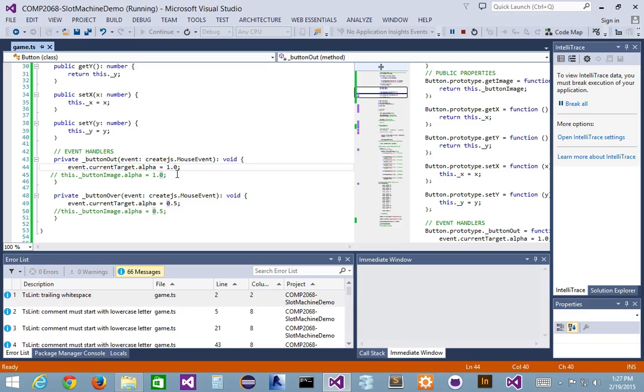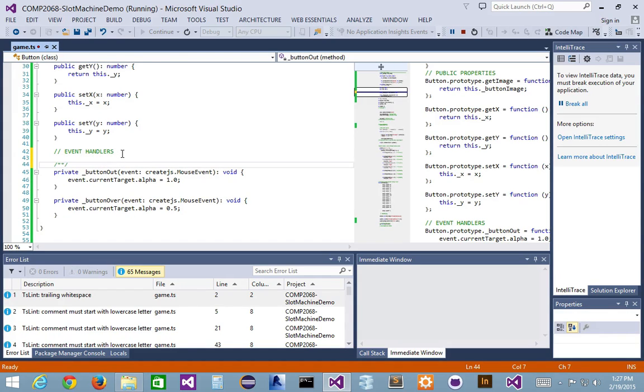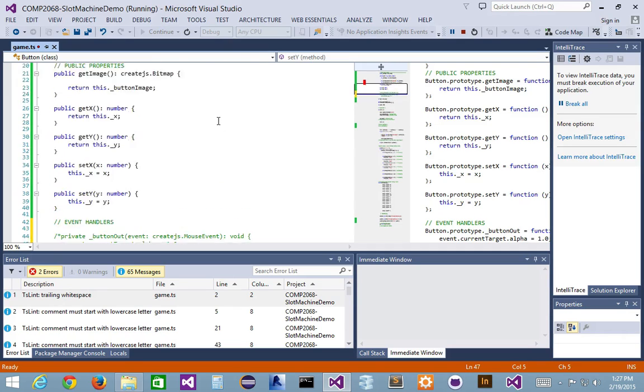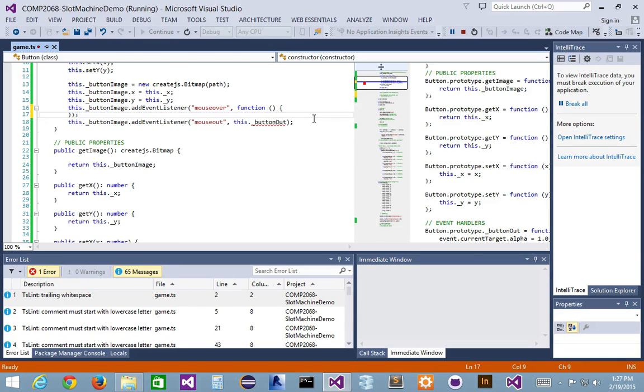The other way you could do this, of course, is to create an anonymous function. I'm going to show you that really quickly. I'm going to comment my stuff out here for a second and just create an anonymous method. I know it works now, but I'm just going to plop this all in here. Instead of this.buttonOver, I'm going to put it in here and go function. Here's my anonymous function, and inside here I would have to do the same thing. I would have to pass in an event